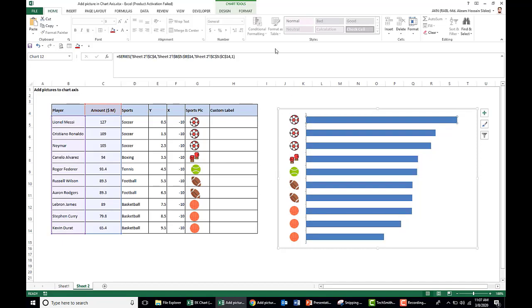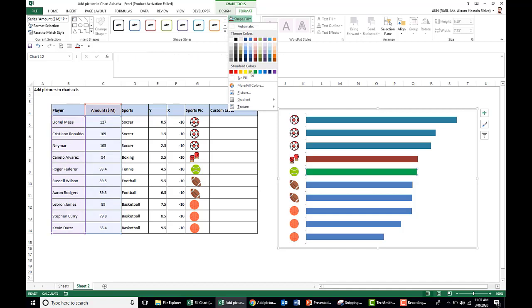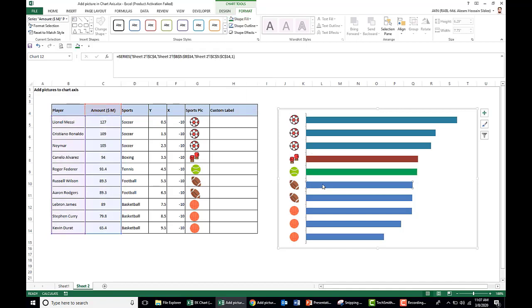Now change the bar color for each sport. Say this is football, we can take this dark aqua, same for this. So select the bar, go to shape fill and change the color to dark aqua. For boxing, say we choose this red. For tennis, we can choose this green.